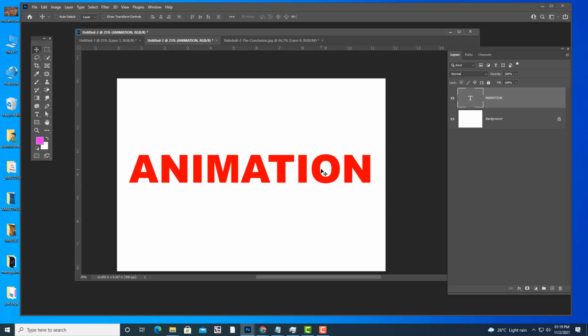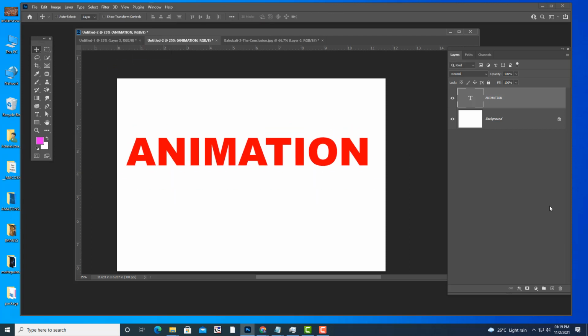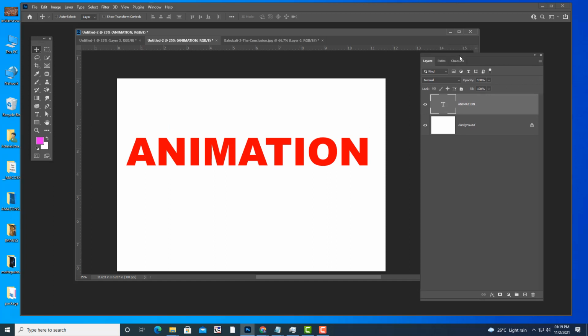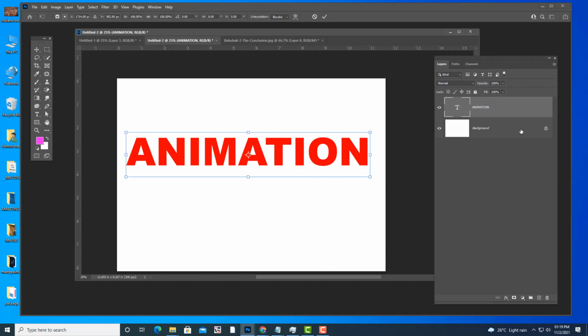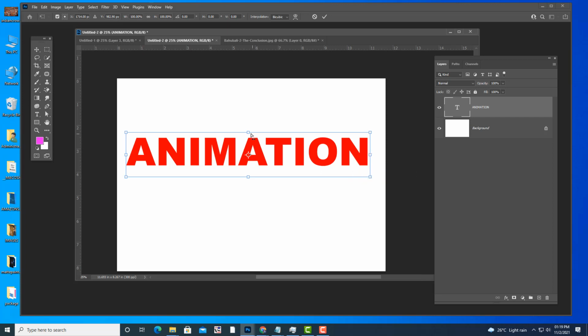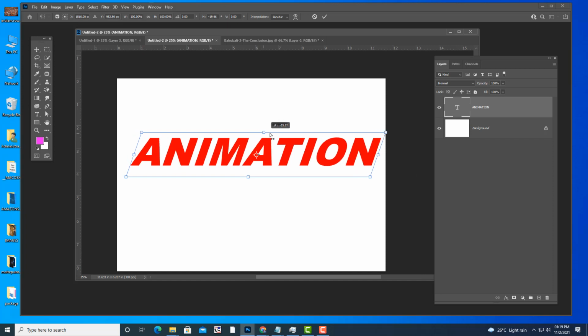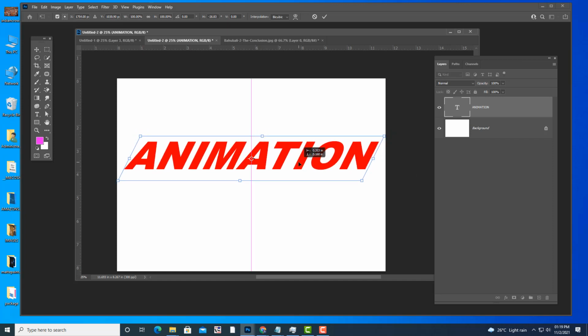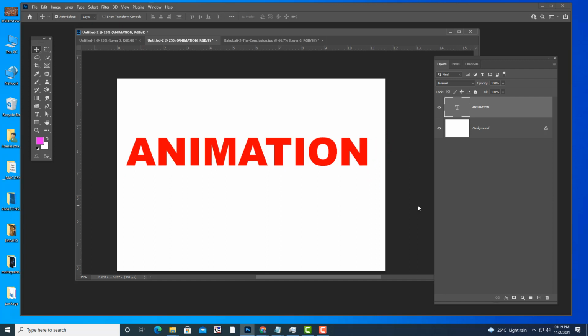Okay. See, right now this text is not having this distort option. If I select Control T, the transform tool, and then right click, see, this is not active, it is disabled, but this is there. You can use this Skew. What is Skew? You can make it bend like this, something like italic. But we don't want that, we want distort. So how do we get the distort?